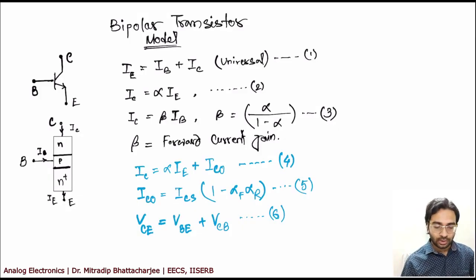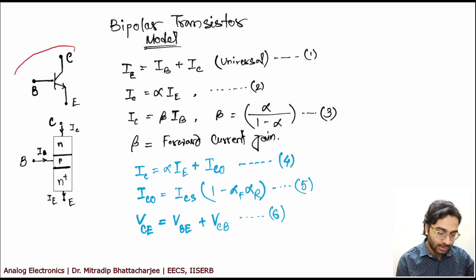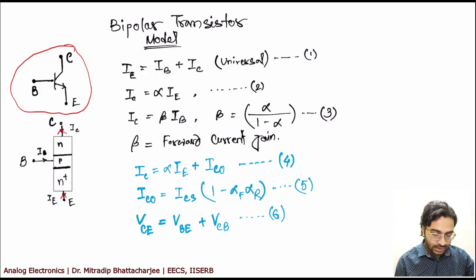Okay, so I already have explained the BJT model, wherein you have this BJT circuit, and the current here should be like this. I already have said. So in this case, the major equation that we used is IE equal to IB plus IC. And the second equation is the relation between IE and IC: IC equal to alpha IE.